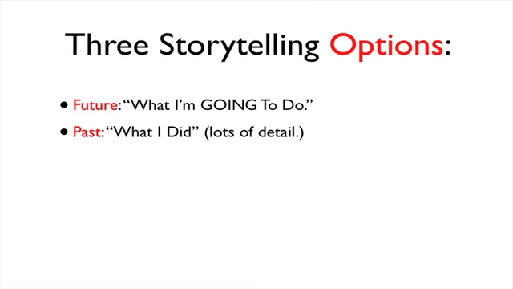The second option is the past, what I did. In this case, what you do is you take an actual experience from her past or your past, your combined past, and you just narrate it. I talk about this a bit in section 2 where we talk about establishing her sexual power, but you're just continuing that in this case. You're basically saying, here's what I did. So you're going to talk about that time you guys were at the Grand Canyon camping and you had incredible sex and you almost got caught and there was a snake and stuff like that. But you go into it in excruciating, wonderful, passionate detail with her and basically make her relive that experience again because it felt so good the first time.